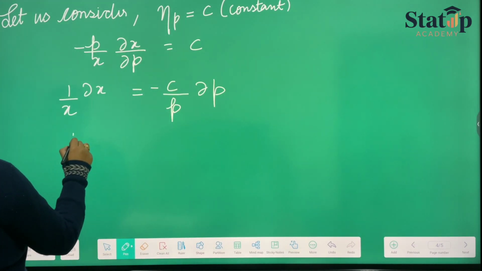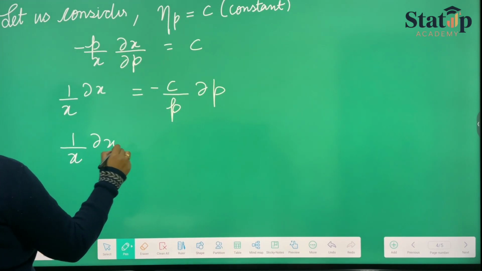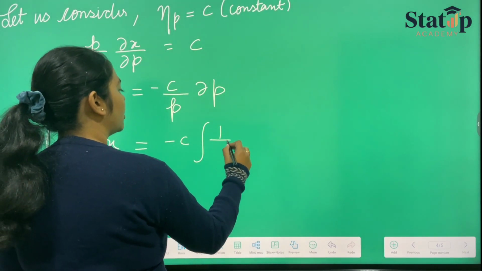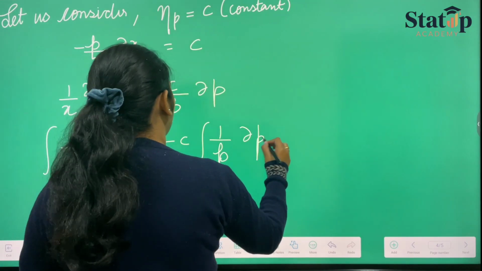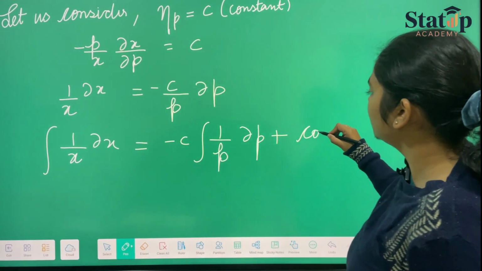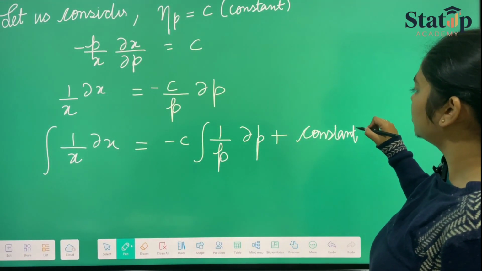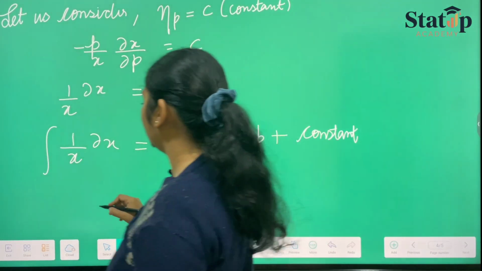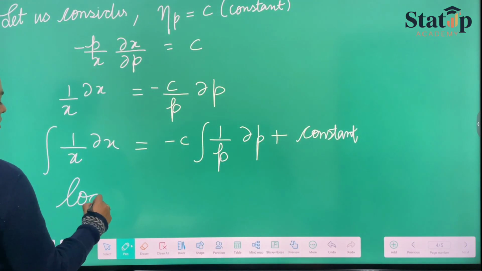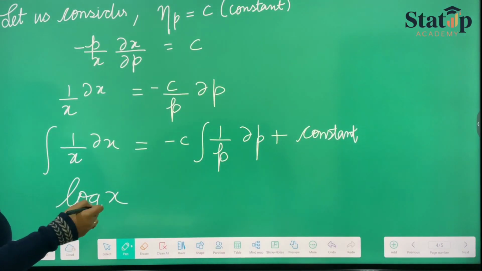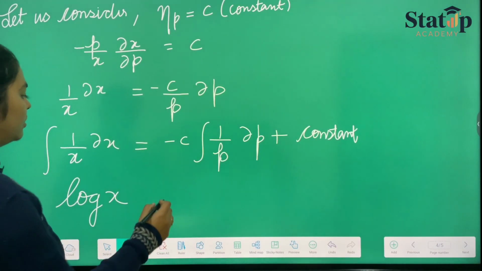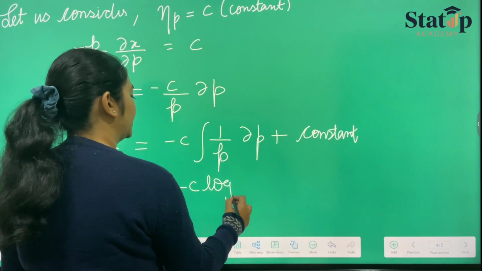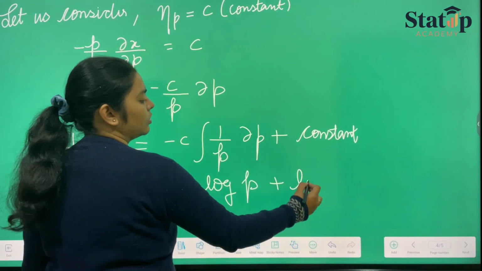Now let us take this 1 upon x delta x integration equals to minus c integration of 1 upon p delta p plus a constant. Let us write a constant. Okay. Now if we have taken the integration here, we can write this as log of x. 1 upon a, integration of 1 upon a is log of a. Log of x equals to minus c log of p plus, let us take the constant also in log